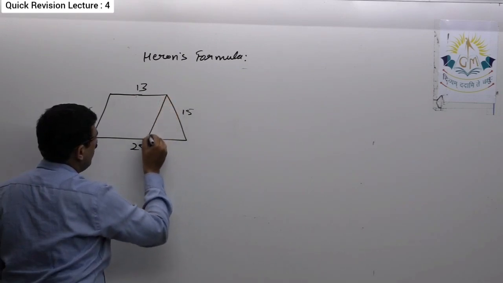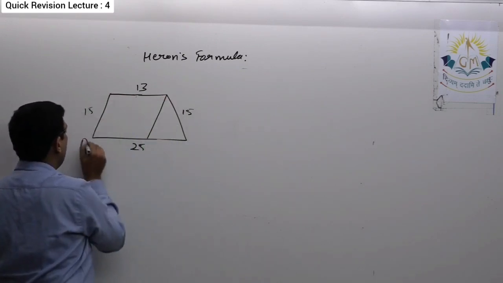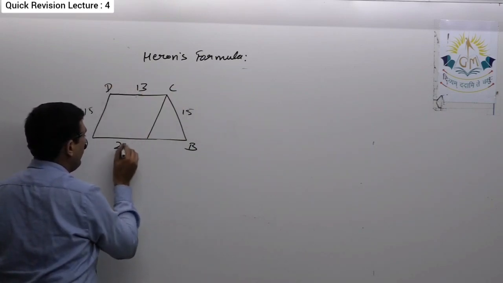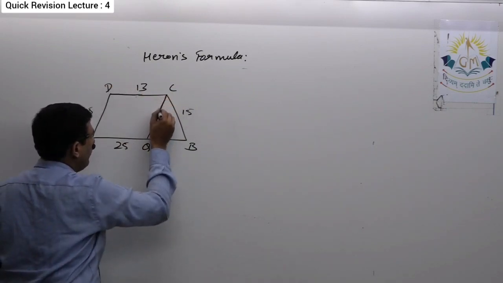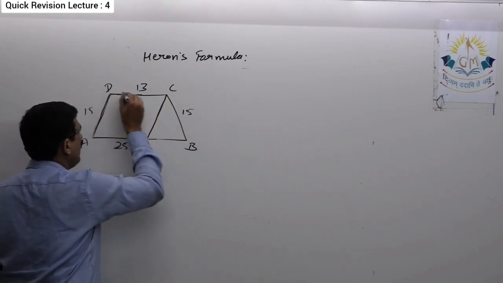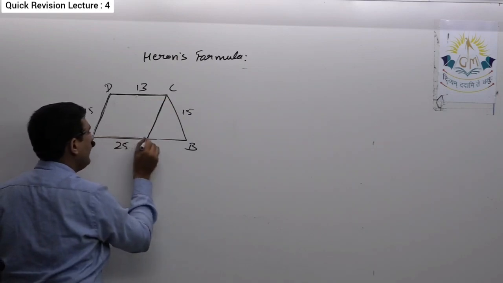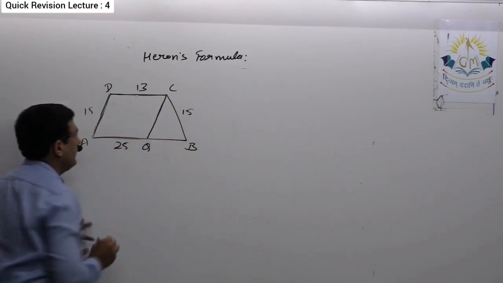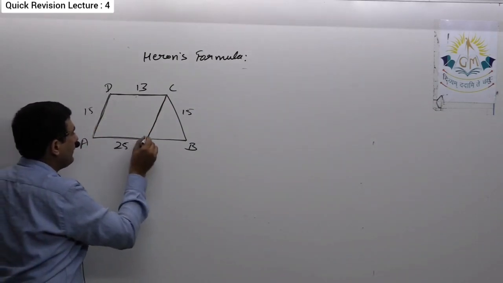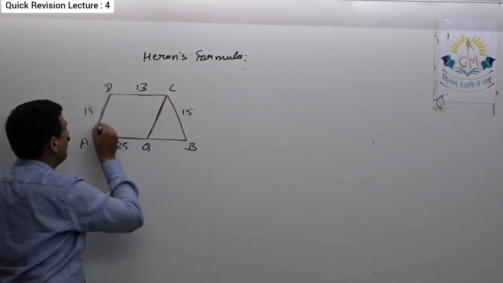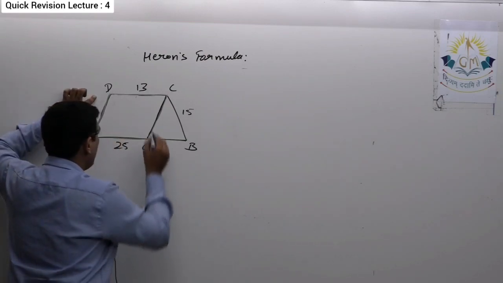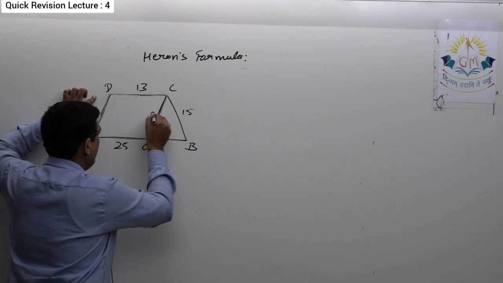Suppose I draw a line parallel to this. Let me name it ABCD, and let me take this point as Q. So first of all I draw CQ, which is parallel to DA. Now it is already given that DC and AQ are parallel because DC and AB are parallel. I took CQ parallel to AD. So this makes this quadrilateral a parallelogram. And in a parallelogram, opposite sides are equal. So as this was 15, this will become 15.